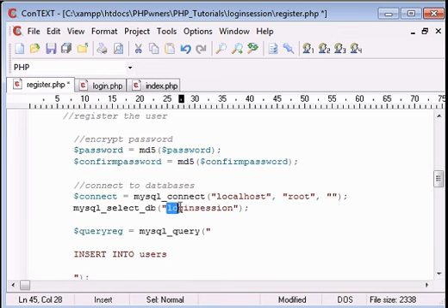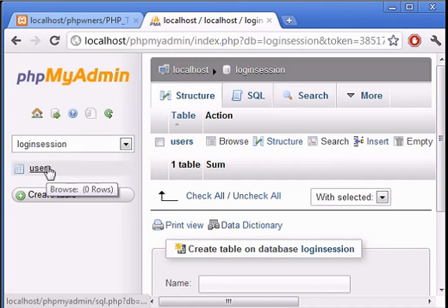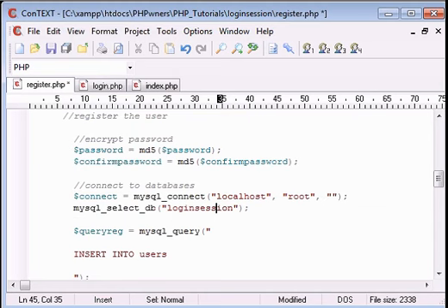So that means we're inserting into the database login session, into the table users. Now we need to choose the values that we're inputting. The values would be